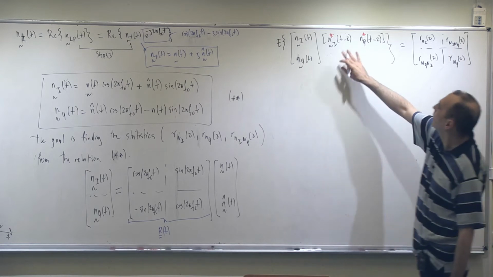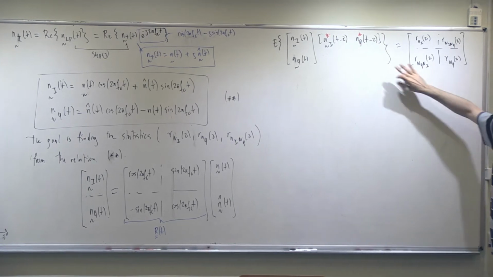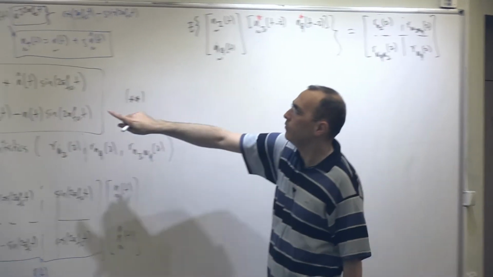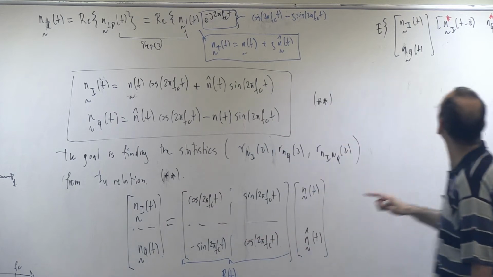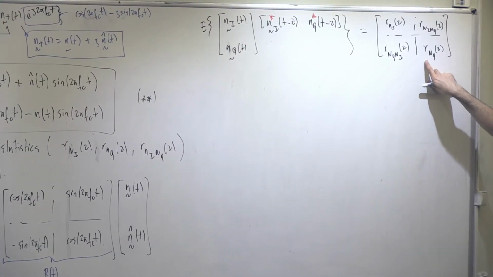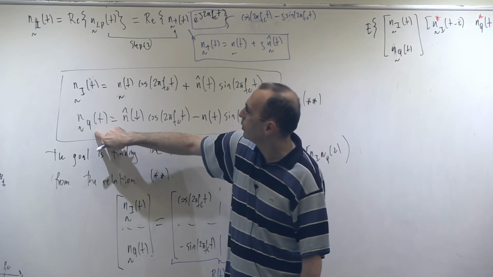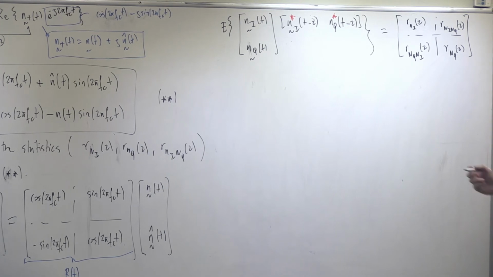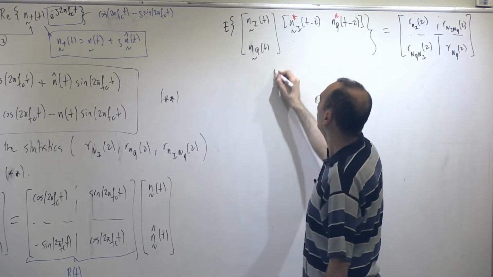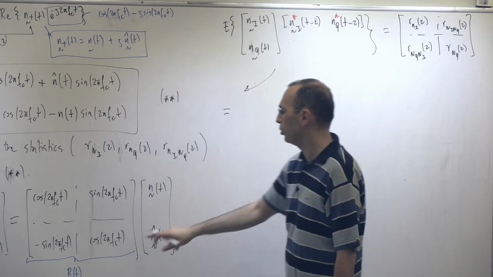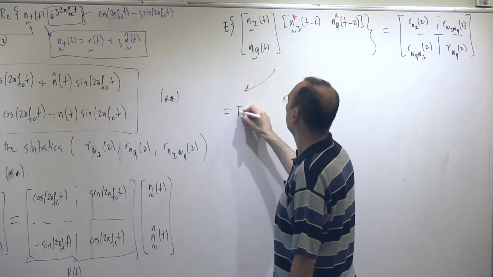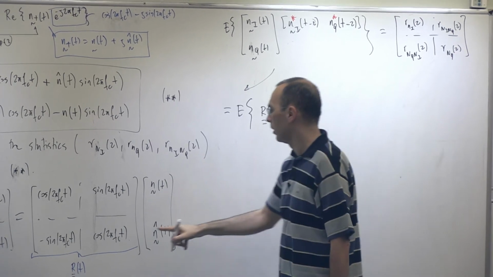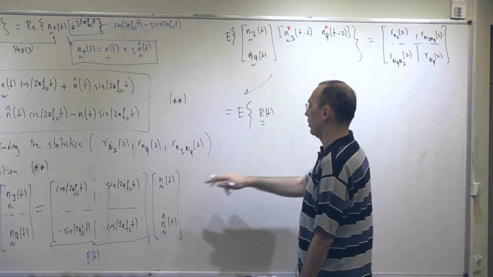If I can do this expectation, then I will get a matrix. One entry of this matrix will be the autocorrelation for the in-phase component of the process. Another component of that matrix will be the autocorrelation for the quadrature. The 1-2 component will be cross correlations and so on, which is good. But how am I going to evaluate this? Now, let's go over here. This is equal to the expected value of the R matrix times